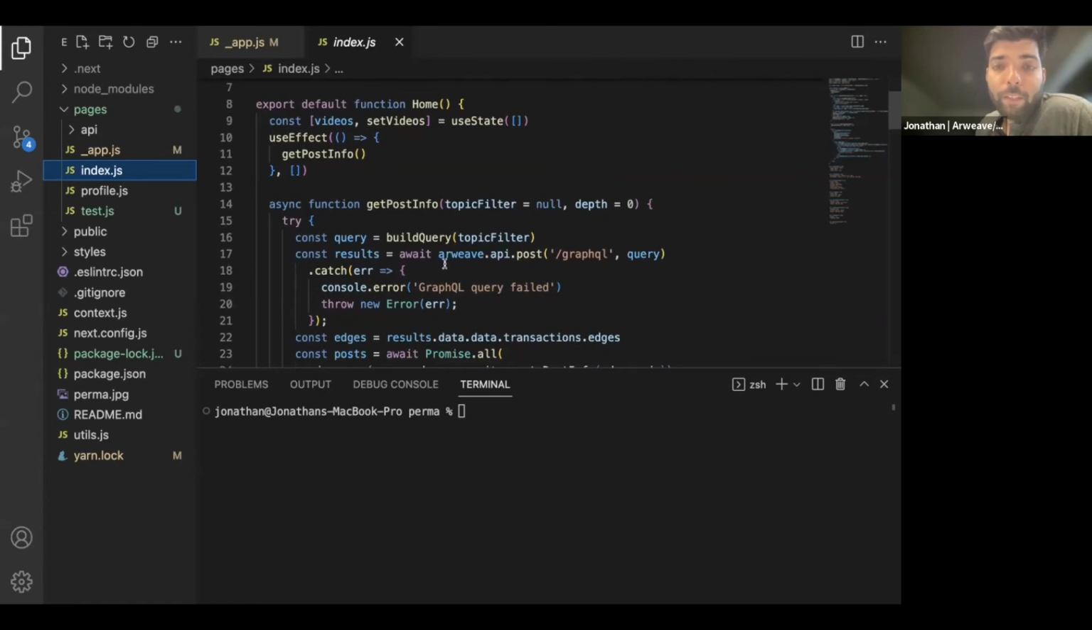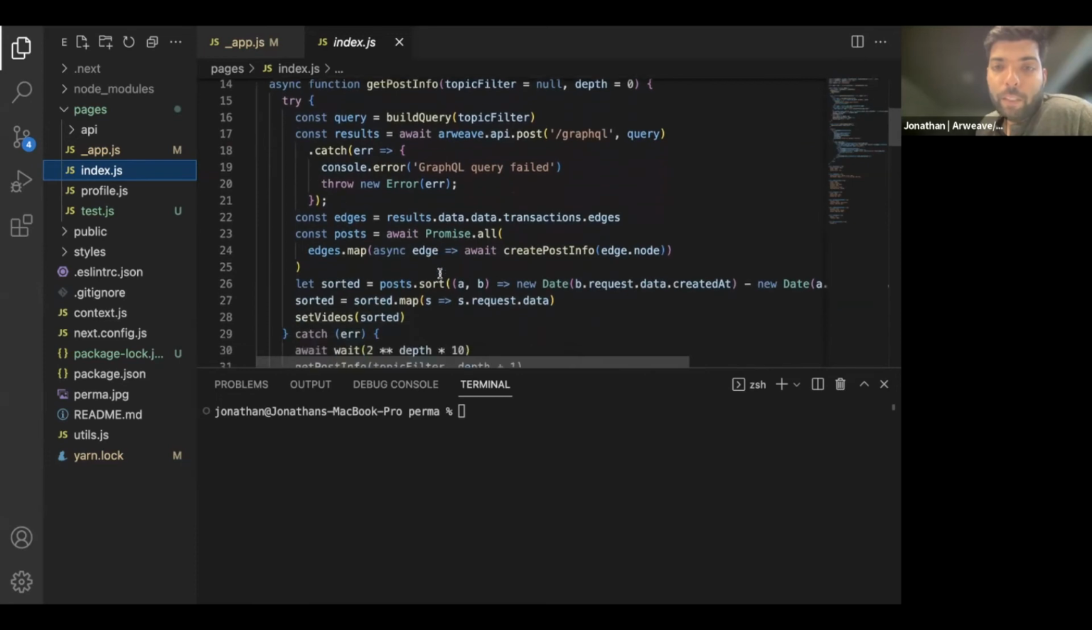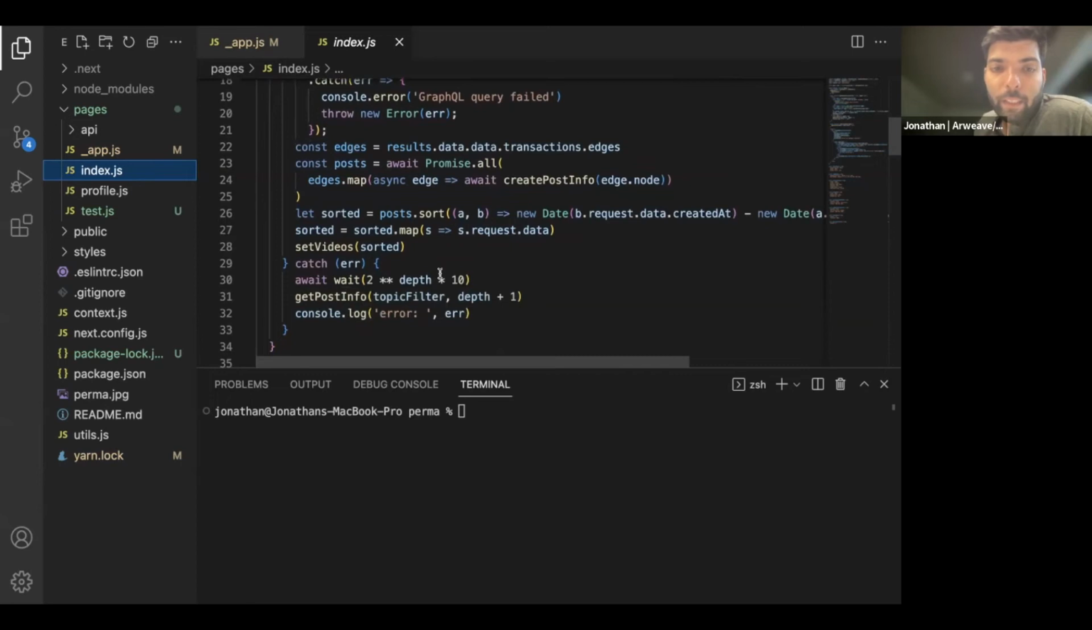then using the Arweave GraphQL API, you're querying all the results from all the data that was uploaded. And